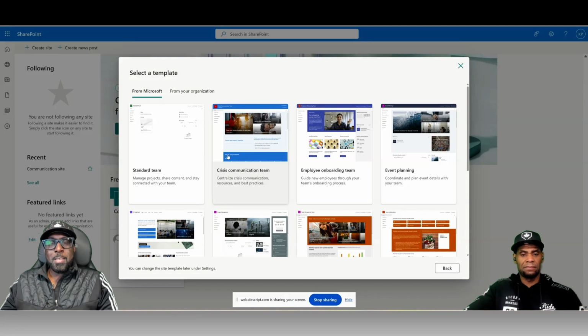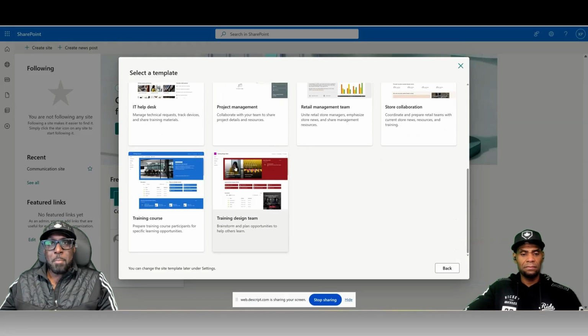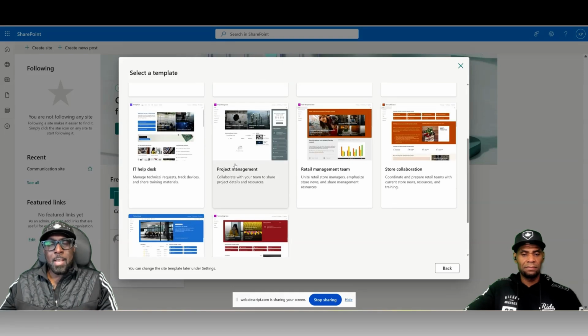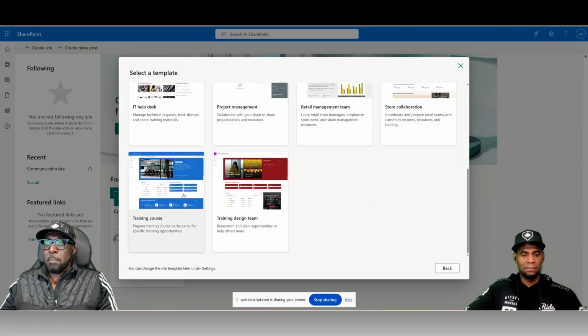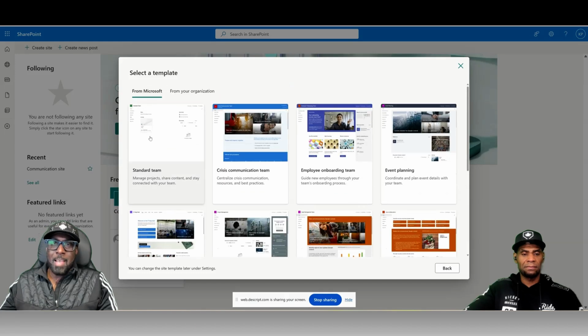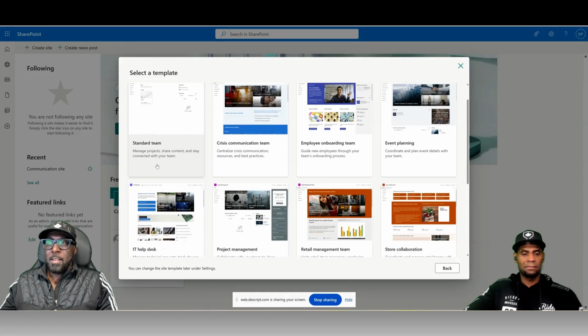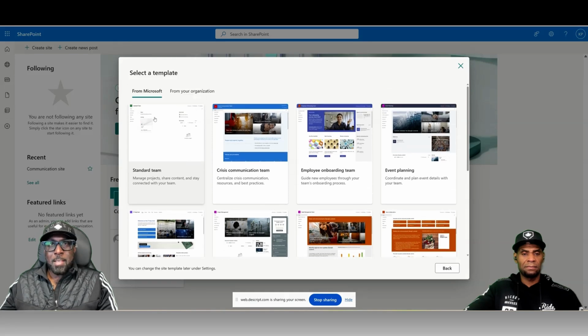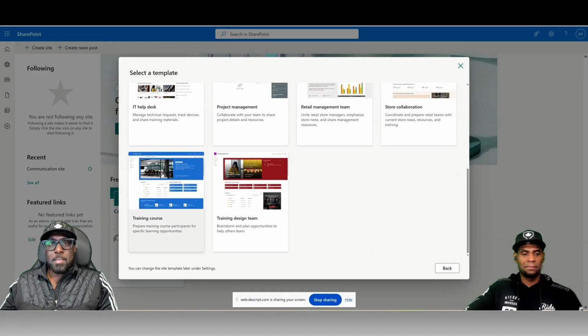And this is pretty cool, because now, instead of just having a generic site that gets created for you, instead of having a blank canvas, you could go through some of these and see if maybe what you're trying to create is already built into a template. So for example, if I'm trying to create a training course, instead of using the standard team site template, which is this, and having a blank canvas in a sense, I can just click on this, and it